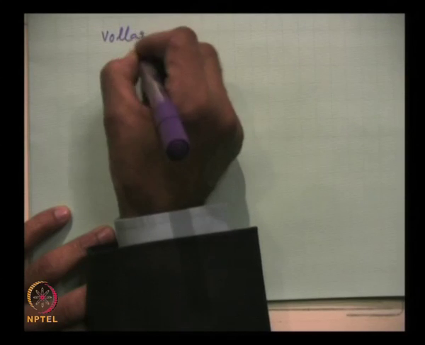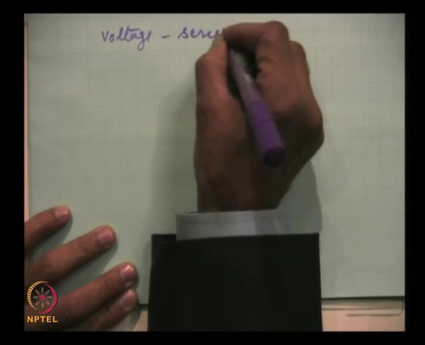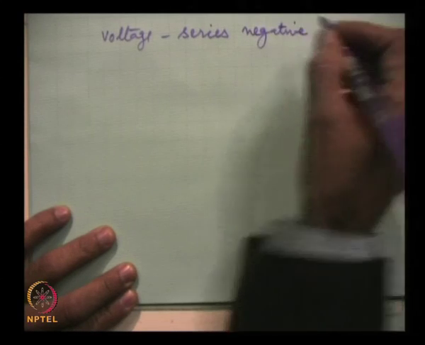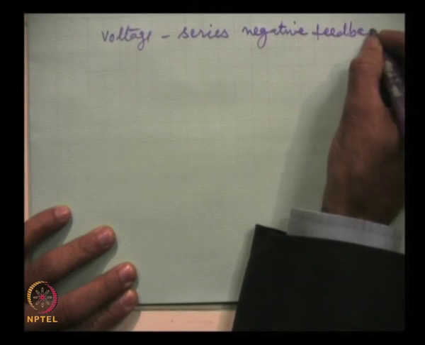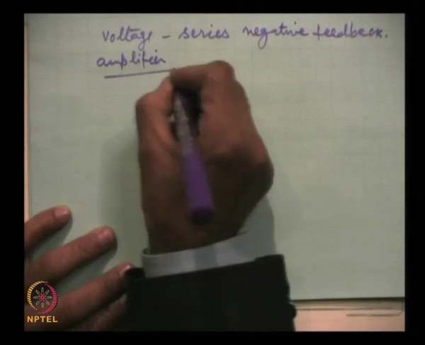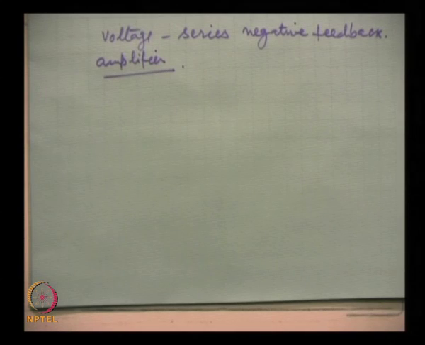Voltage series negative feedback amplifier. For this amplifier we will determine, after incorporating the negative feedback, what will be the input impedance and what will be the output impedance. The circuit is this: